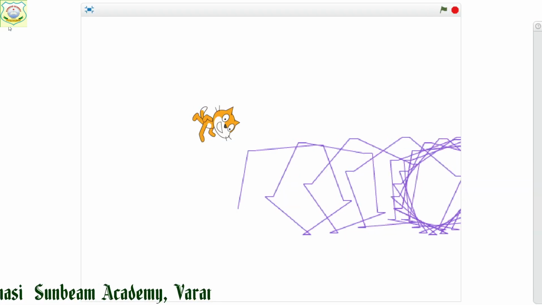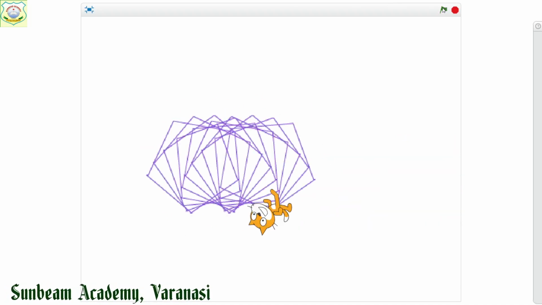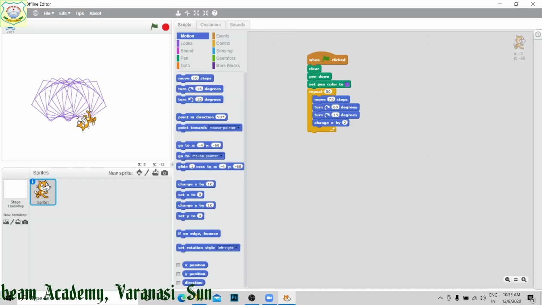Now see, when I run it, likewise you can create different designs with the help of your Scratch. Now this was a simple program.